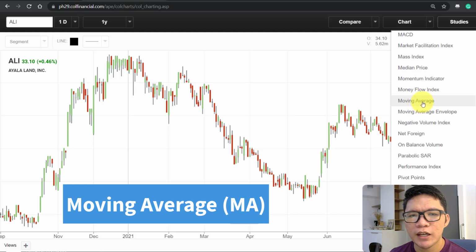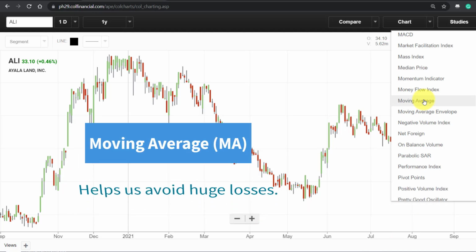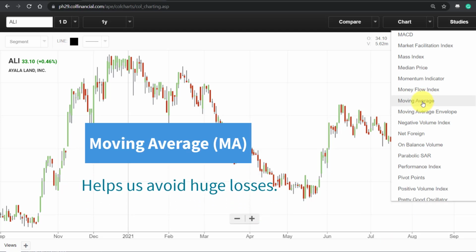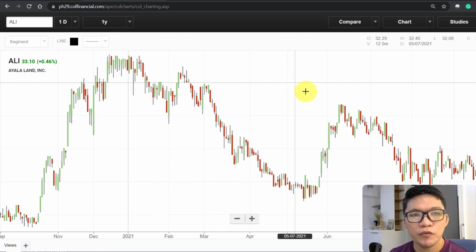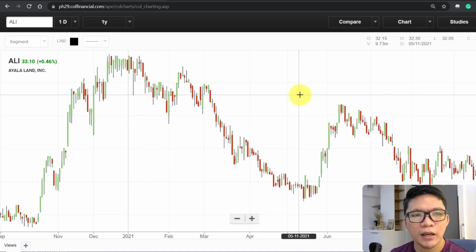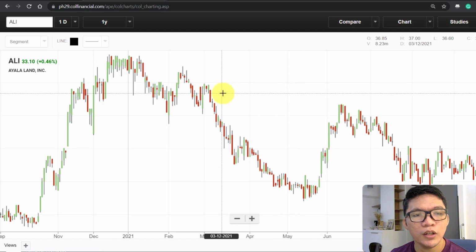So mahalaga itong moving average because it will help us avoid na magkaroon tayo ng malalaking lugi or maipit tayo sa mga stocks. And at the same time, it can help us pinpoint where to buy and how to maximize yung ating potential gain. So if you're not yet familiar with the charting application or feature of COL Financial,